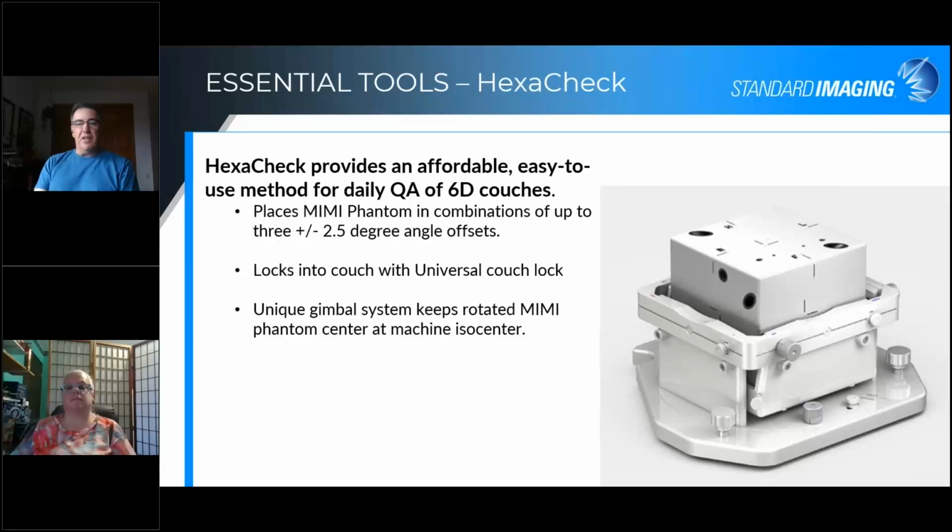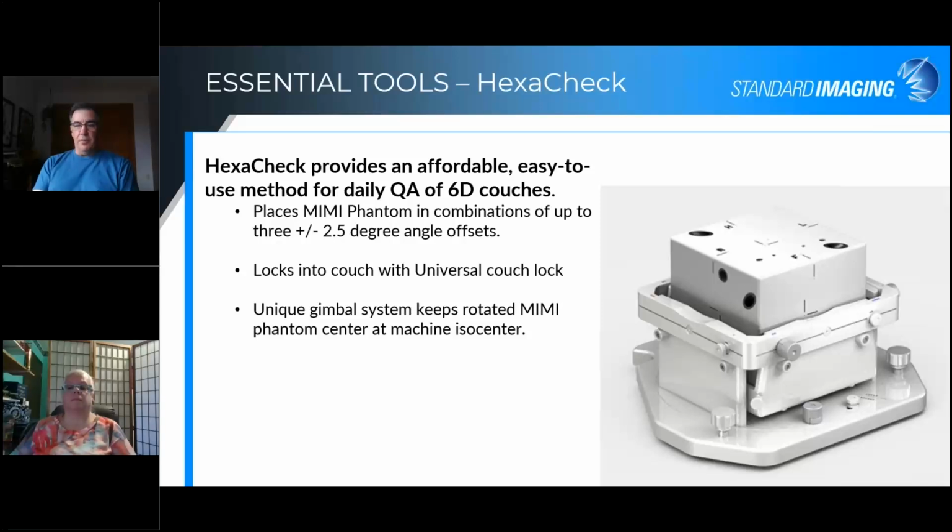It will kind of misalign that to isocenter, so you won't have the ability to track isocenter like you can with the Mimi in that gimbal system, because it literally rotates around isocenter as you incur those different angles. So it makes it much more practical and easier to use, because to get different angles on that angular plate for what some of the competition uses, you need to rotate that plate 90 or 180 degrees, and that just moves that